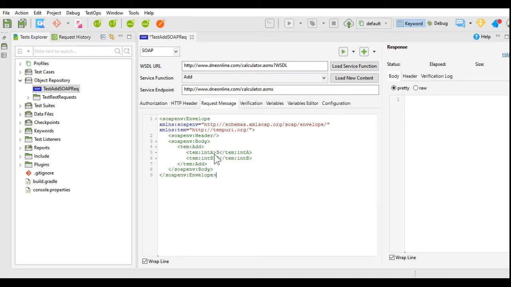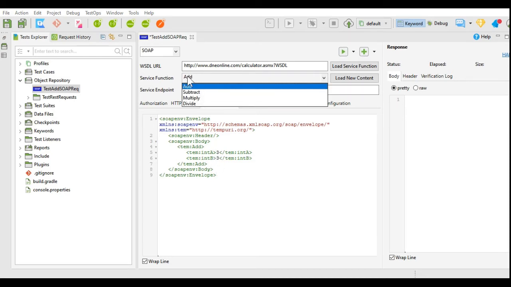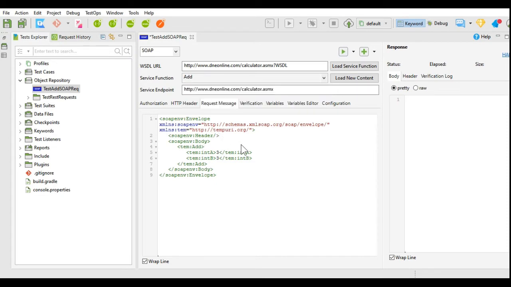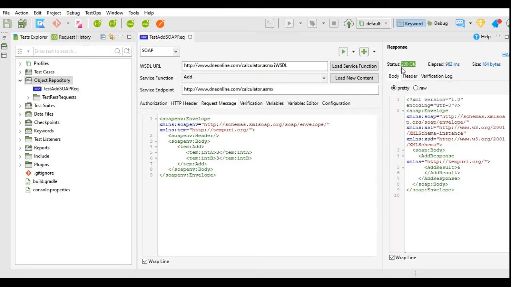We will execute this request, and this is the add request or add transaction. So this will add these two numbers like a calculator. I will click Test Request and this has executed the request. The status is showing 200 OK. Now this response is in XML format. Unlike REST, it does not give other formats. It just gives XML. Why? Because SOAP is an XML based protocol that allows exchange of information between applications.